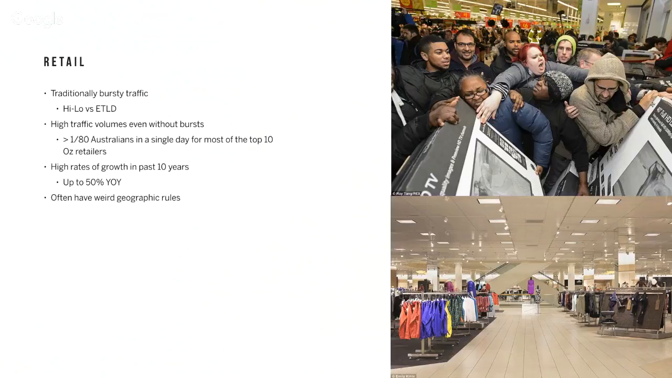So particularly, you put something on special, it goes viral. That's what happened in that case. It went extremely viral, and your sites will go offline. So capacity planning is really difficult. That's a tough challenge. For a bit of an idea, a lot of the top 10 Australian retailers,